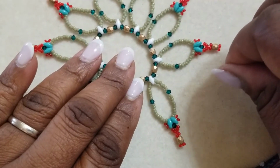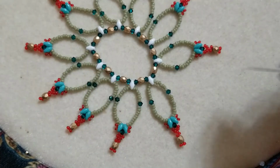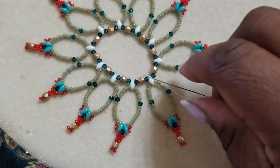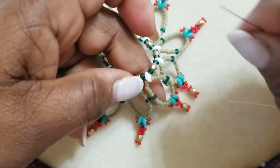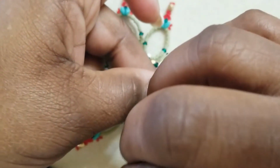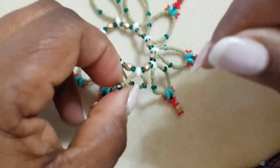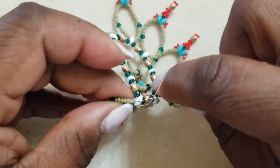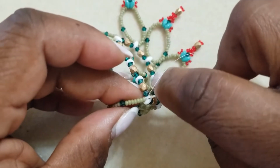Now my thread is exiting the top of my white SuperDuo there. And what we're going to do now is our embellishments for the drape by stepping up. And I'm going to move into the second hole of this SuperDuo and advance my thread down to the bicone. And I'm going to exit the bicone. I'm going to do my first set